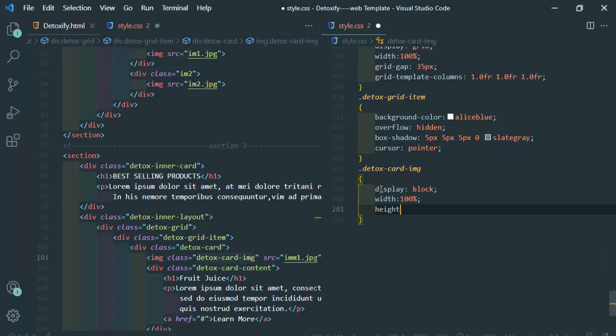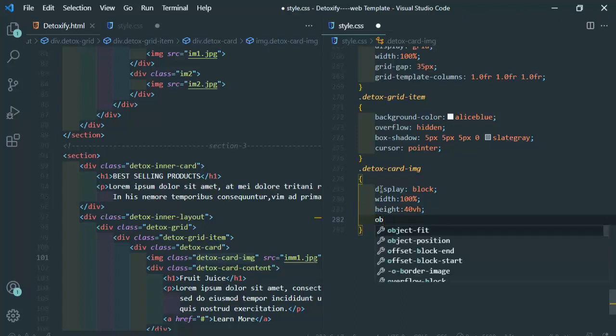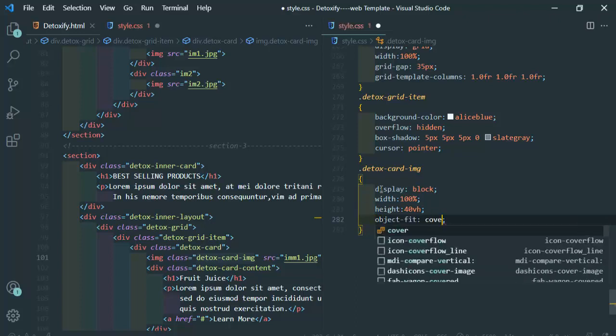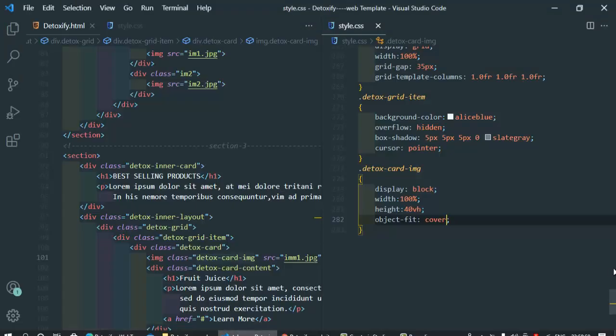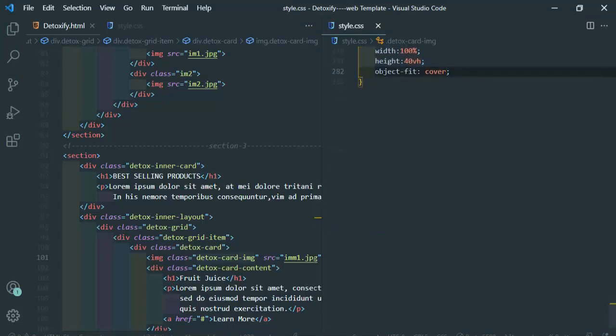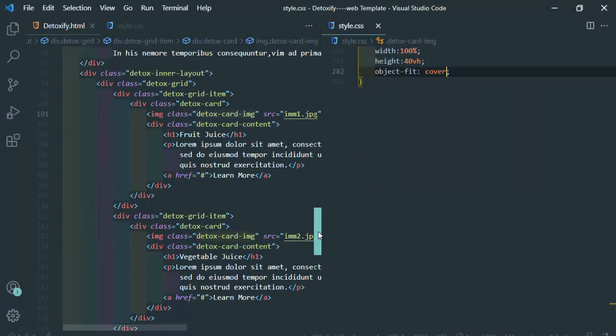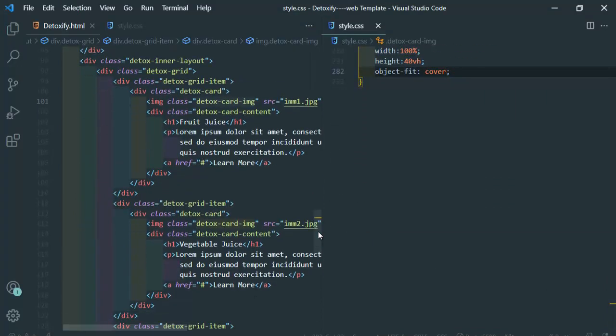Height setting as a 14 VH, and object fit property, that is in cover. Okay, so our images is set now. Next we are going for a content. Okay, so in our content,